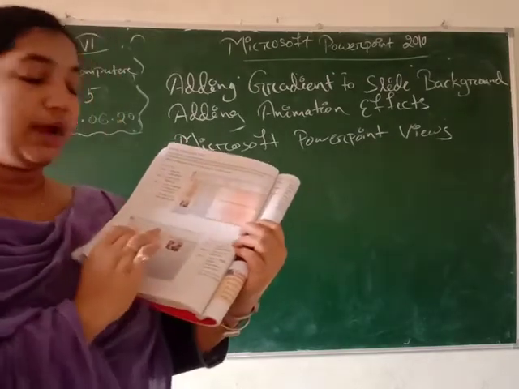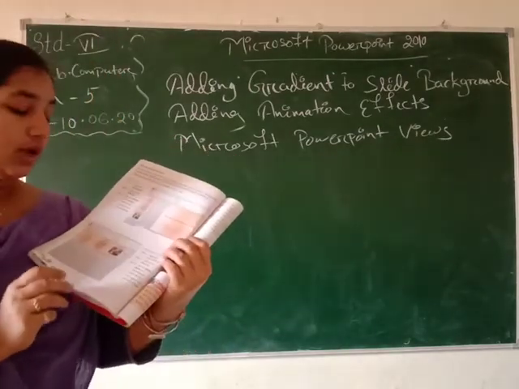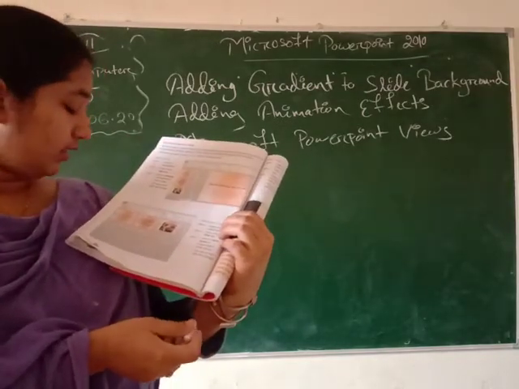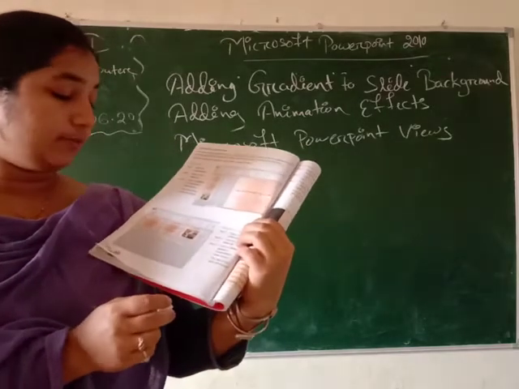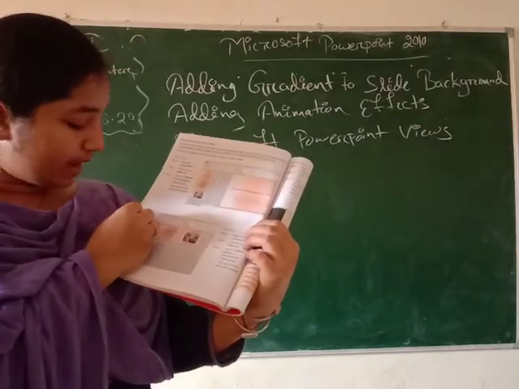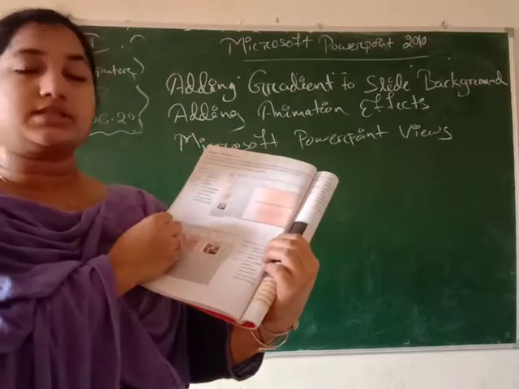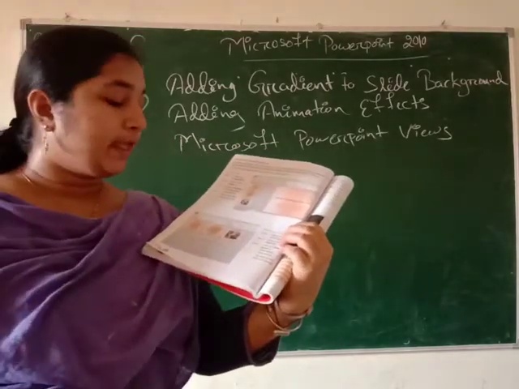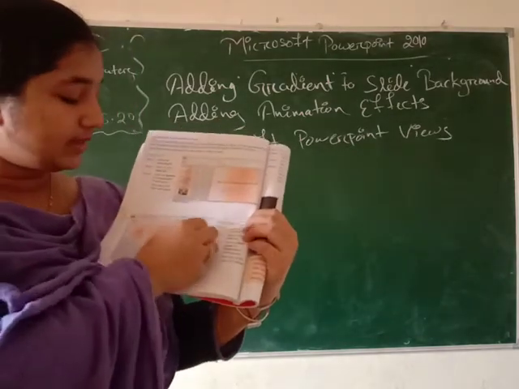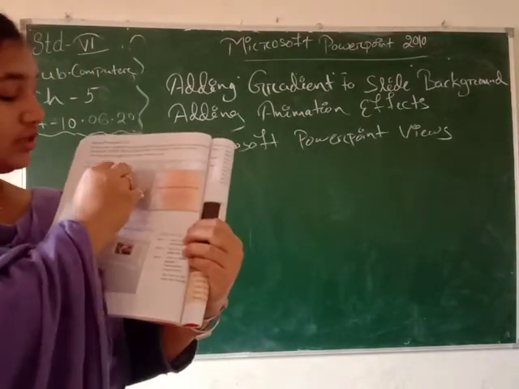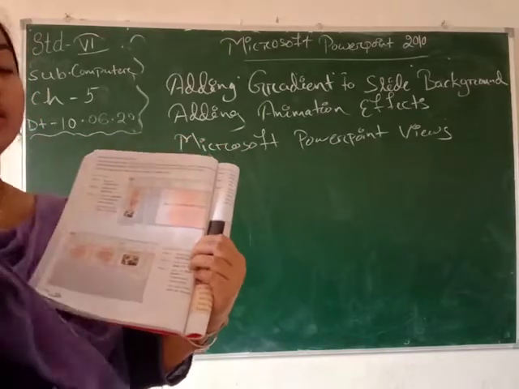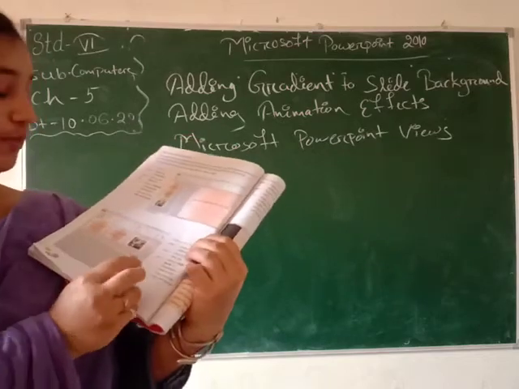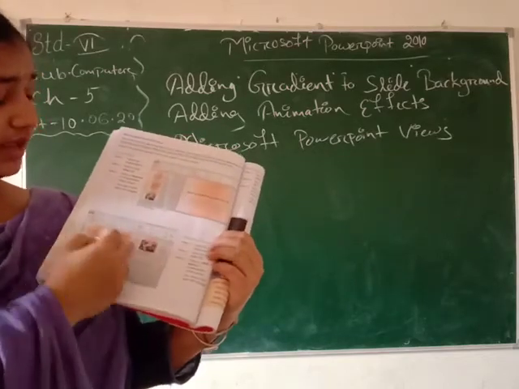For that, again we have to open the presentation and click on the view tab, the same procedure, and click on slide sorter in the presentation views group. So you have seen, the first one is our normal, the second is our slide sorter, and we have to click on the slide sorter. After that, the view will look like this. So students, normal view shows what we have entered in a normal way, and if we give the instruction of slide sorter view, then it will show like this.